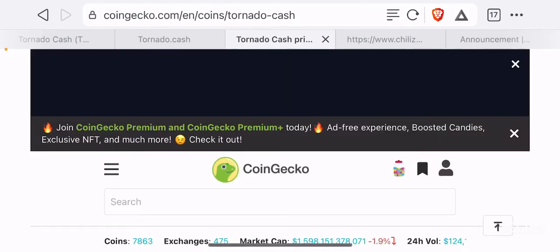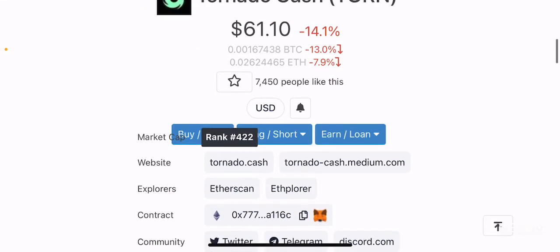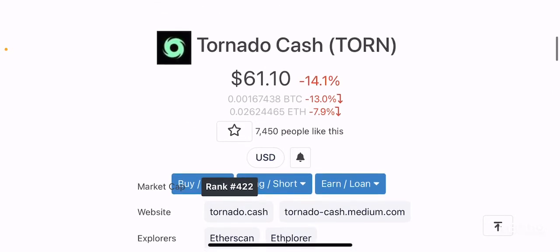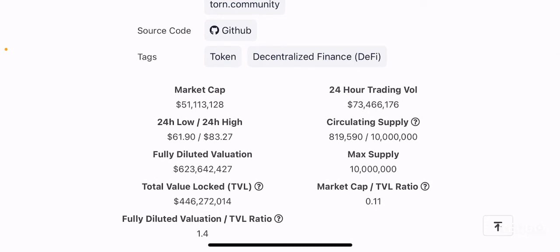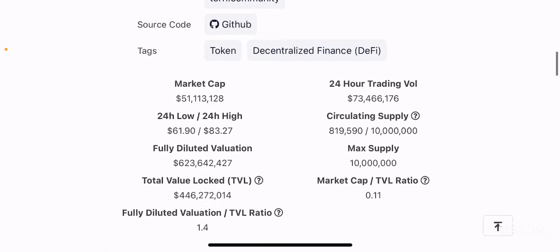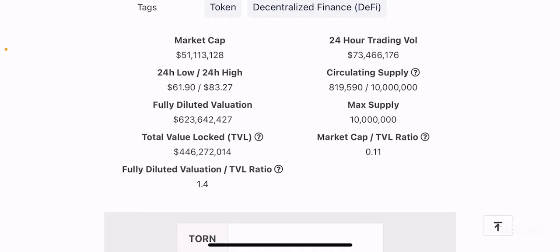So let's go to the CoinGecko page for Tornado Cash. This token is currently ranked 422nd by market cap on CoinGecko, and it's currently trading at $61.10 at the time I'm making this video, with a 14.1% decrease in the past 24 hours. Again, this is also surprising because it only recently got listed on Binance, and it's already dumping, right? If you take a look at the market cap, it's only $51 million, which is considerably low for a project that has a lot of privacy based innovations,